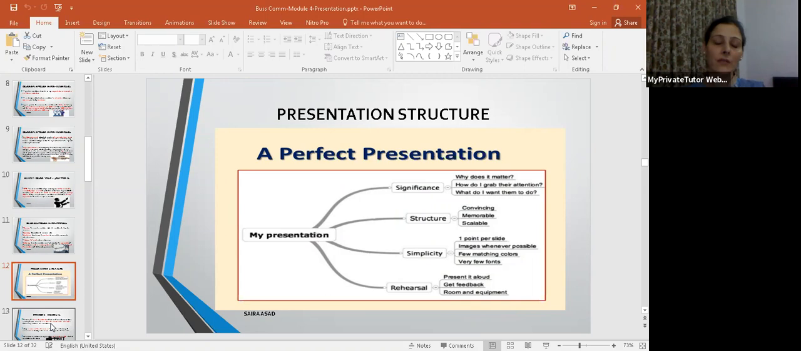If these points are in front of you, then you are going to communicate effectively to your audience, and you will know how to grab their attention with your objective. Then structure: how you are going to structure your organization as per your objectives. That should be convincing. How you're going to convince them step by step, we are just going to get into that. Memorable: whatever is in front of you, the people must take that